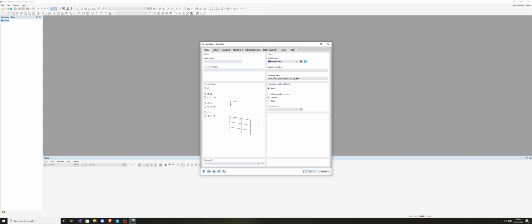What I'm going to do is just use 2D XZ so we can do a 2D model. I'll just call it Portal frame 1 as the model for now. You can create multiple models under the same project. So